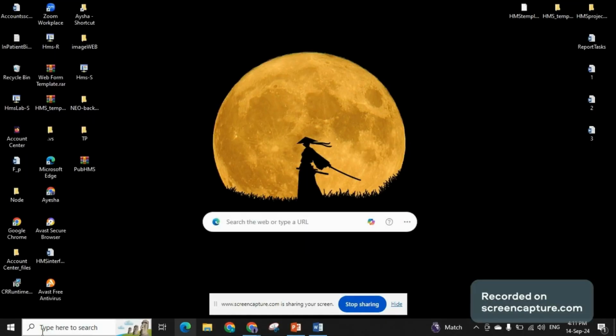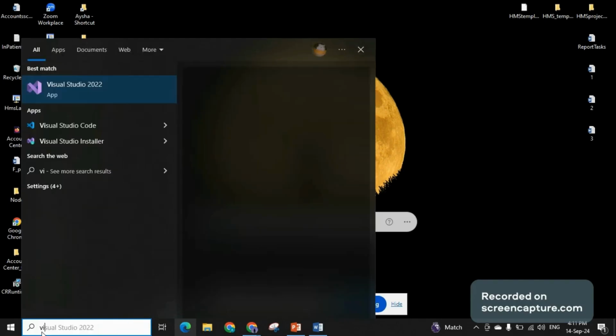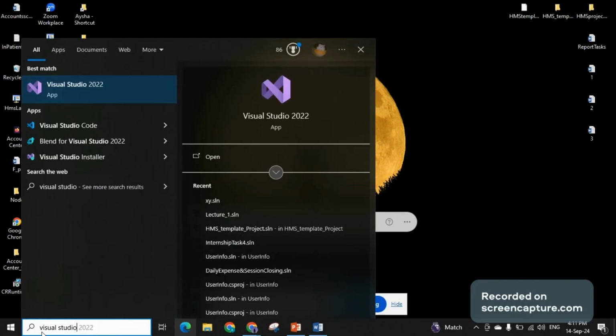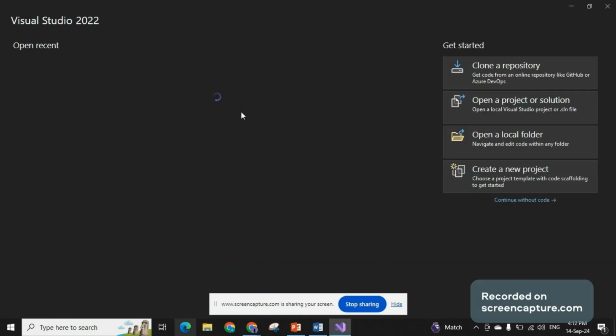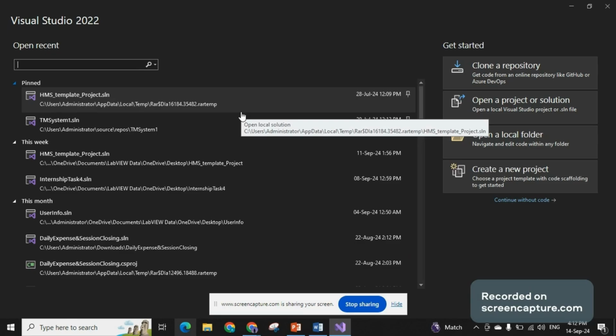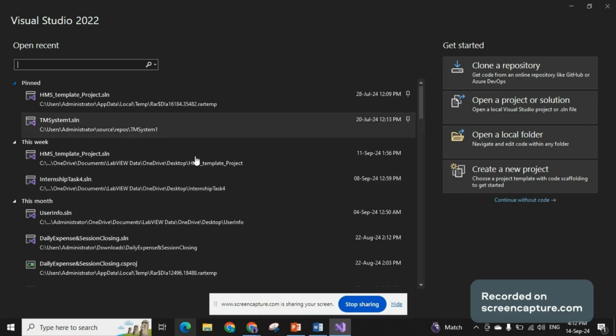Now come to the search bar in the left bottom corner and search for Visual Studio. Click on it. It may ask for sign up, but you can just skip this option for now. And if it asks for a color theme, you can select any color theme you like, light theme or dark theme. Then when you click on start Visual Studio, you will reach here. So finally your Visual Studio has been installed. Now you won't see any project here, it's okay. Now click on create a new project.